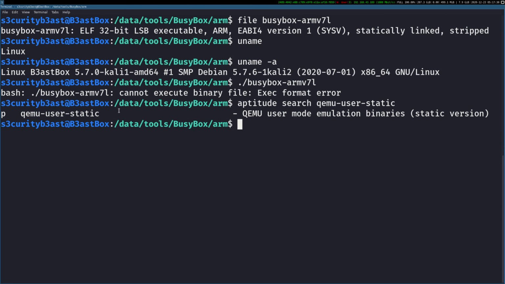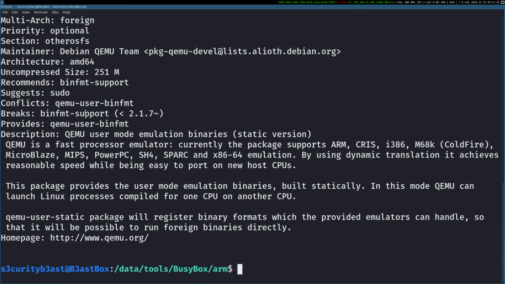Here you find this package. Let's take a look at the information with aptitude show qemu. It says this package provides QEMU, a fast processor emulator. Currently, the package supports ARM, CRIS, i386, M68K, Microblaze, MIPS, PowerPC, SH4, SPARC, and x86-64 emulation. By using dynamic translation, it achieves reasonable speeds while being easy to port to new host CPUs.